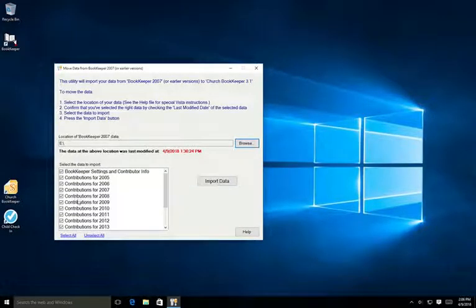But if you don't have an ongoing building pledge campaign, you probably only want to import 2 or 3 years' worth of data. You can always access the data for the previous years on your older version of Bookkeeper, or you can also hold on to those MDB files on your USB drive, and so you could import it if you found that you needed it. But it's just better not to import too much data, because the more you have in, then the slower things will run. So I'm going to choose Unselect All, and I'm going to